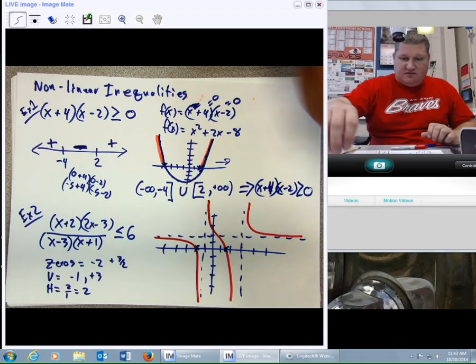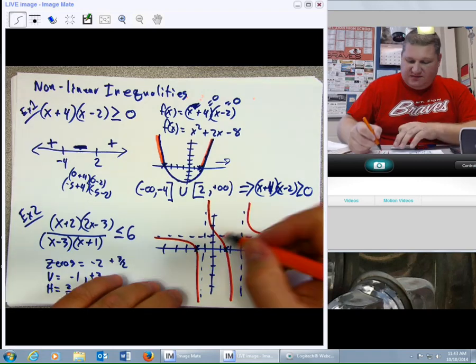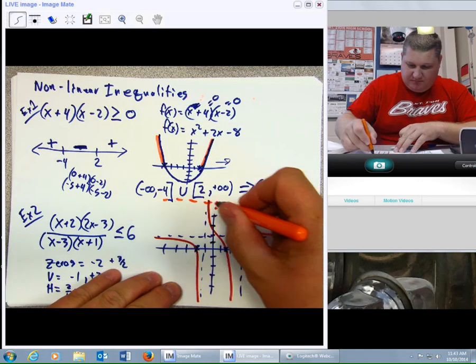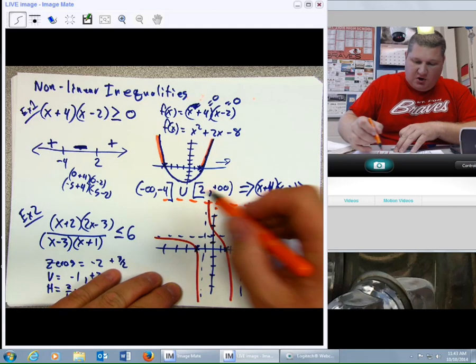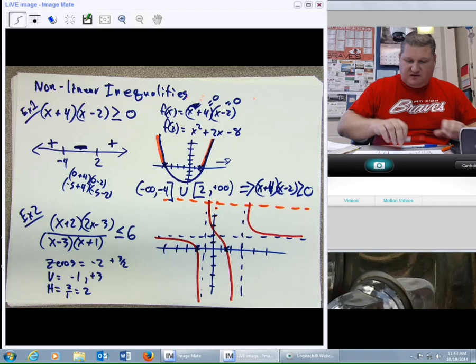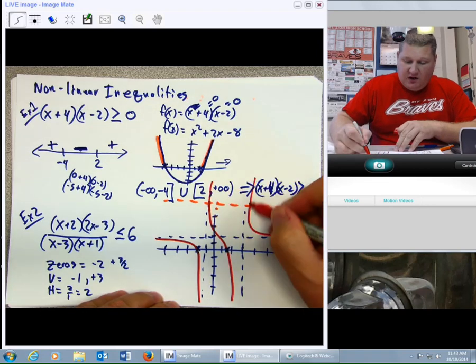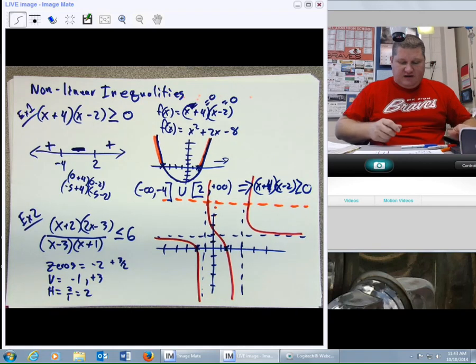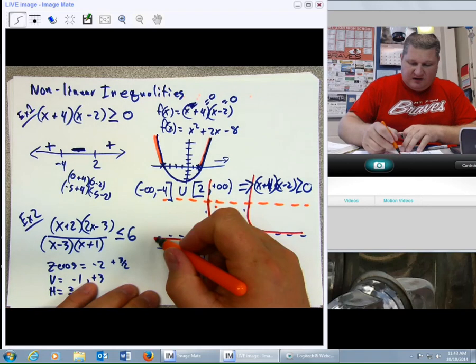So the easiest way to find that out is to find 6 on the axis. And so which part of this graph is below that and which part is above that? Well, we have an above part over here and above part over here. Everything else is going to be below. So we have this is below,